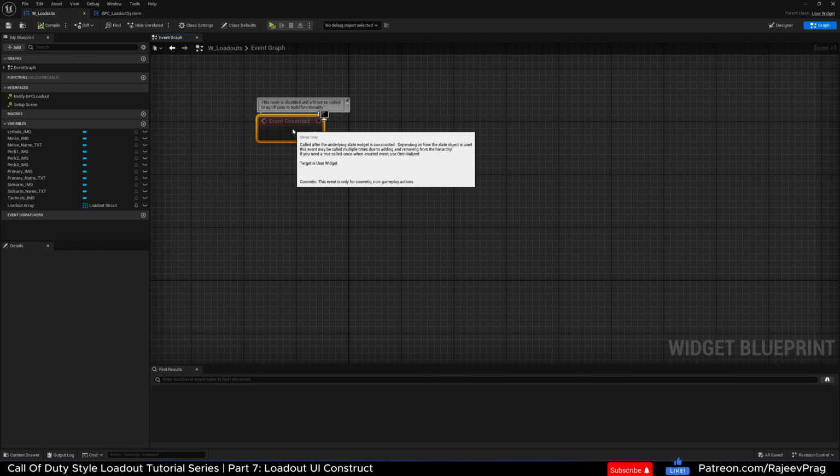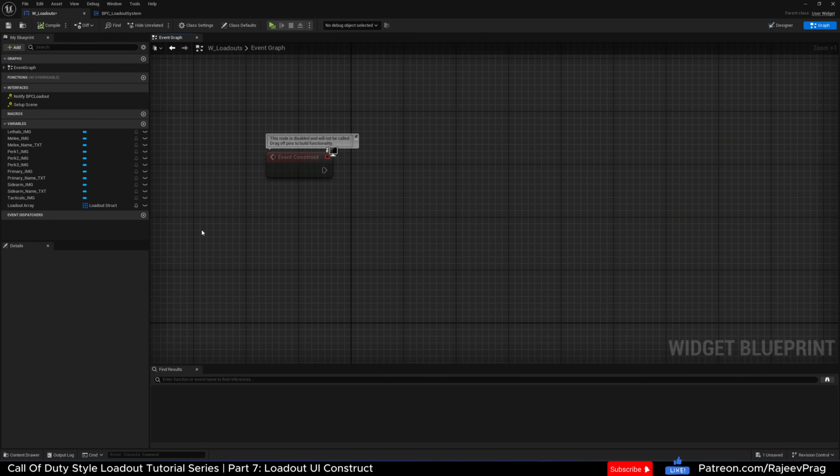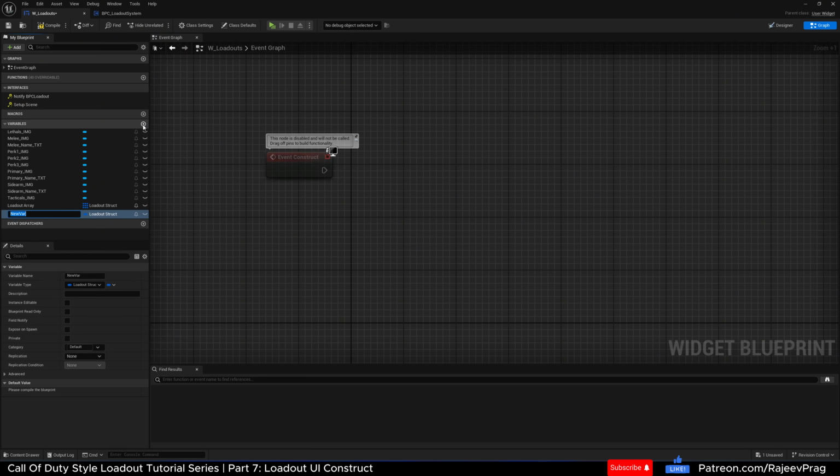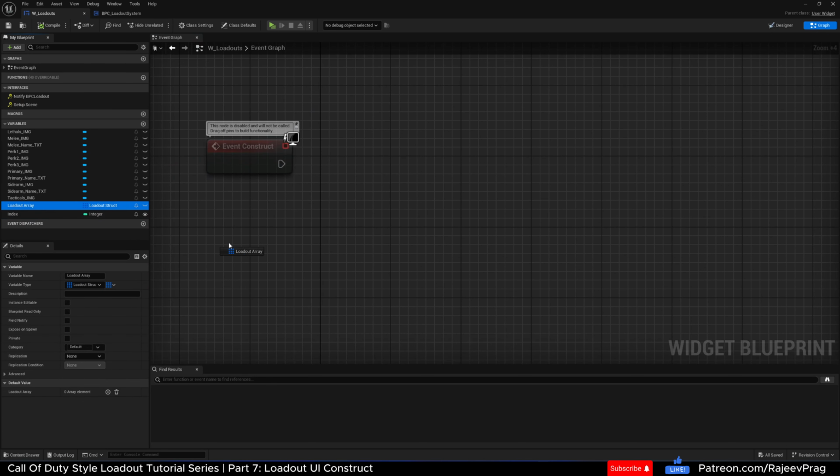On the event construct, we need to know which index of this loadout array we need to construct. So I'm going to create a new variable and name this index, and make this of type integer. Make sure this is instance editable and also exposed on spawn. Compile and save. Now on event construct, we're going to drag this loadout array, get,